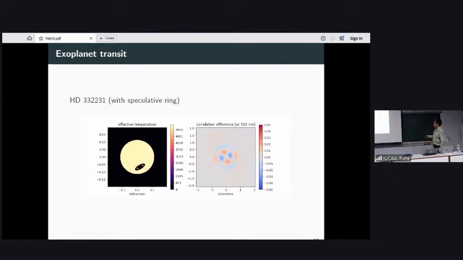If you look at the signal difference between the on-transit and off-transit case, the signal is a few percent of the off-transit case, so you need a lot more observation. But I think with software simulation, it looks like it's doable. It's kind of a chain of